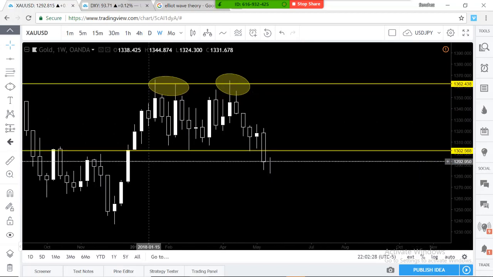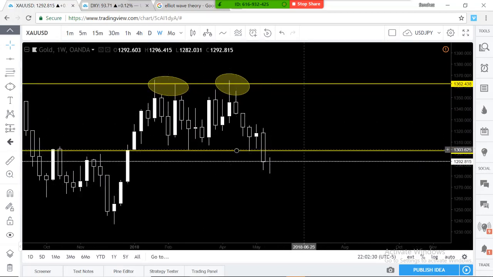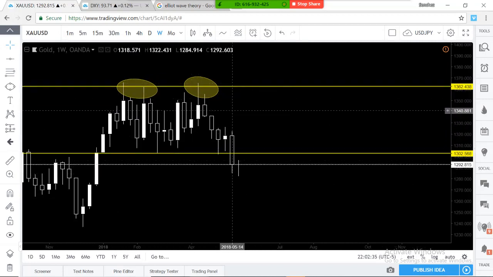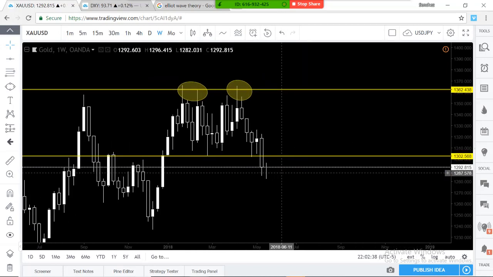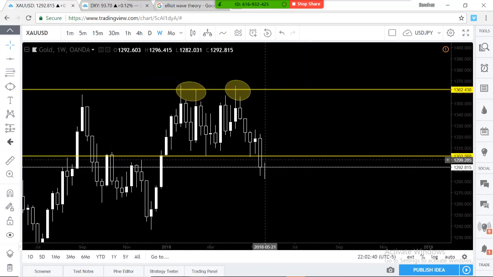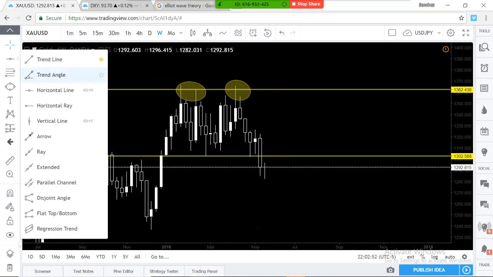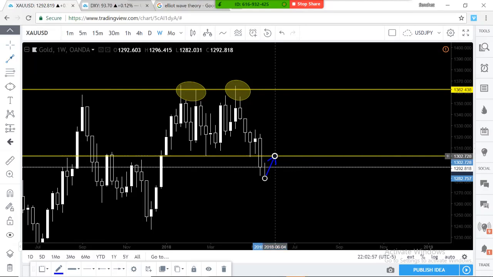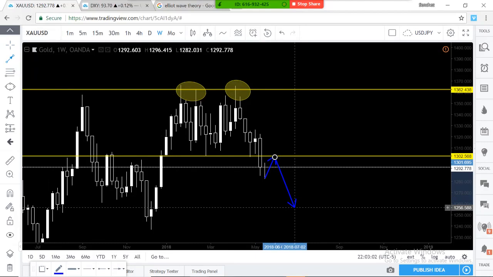So right now, gold could do that, looking at this weekly. But like I said, it could reject that line because it broke it. This could be a retest, so you can buy the retest for 100 pips. It's either going to reject it and keep going down, which is possible. It had a double top, so that means it has a little bit of bearish momentum. So it very well could drop.